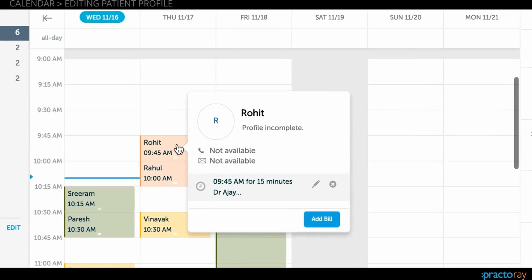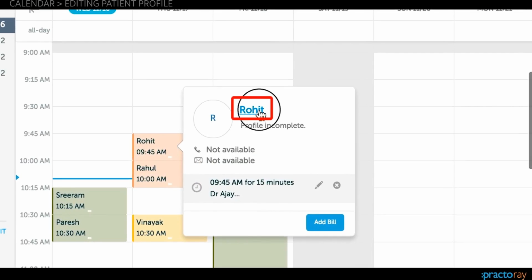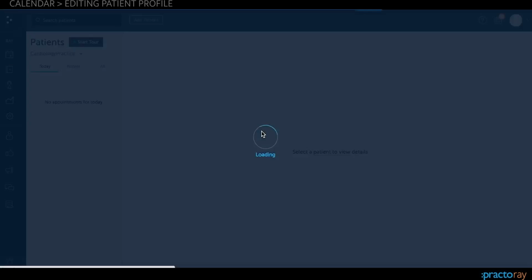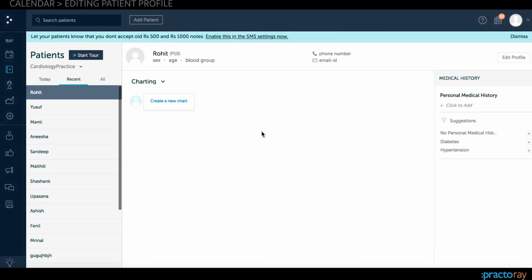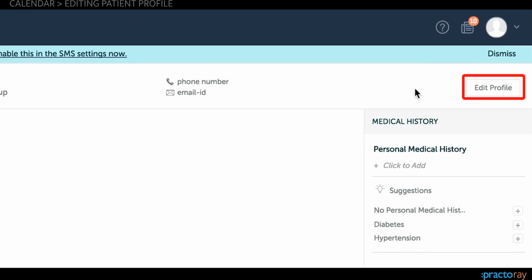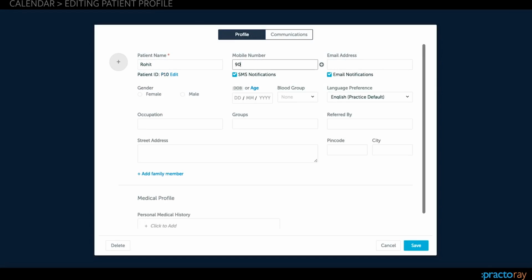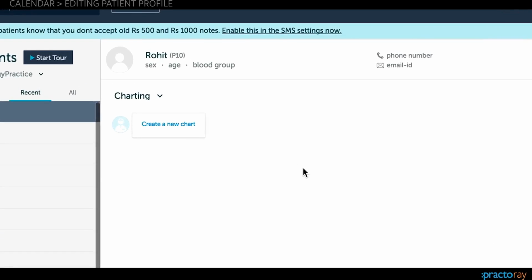Hover over the name of the patient and on the hover card, click on the patient's name. A new window of all the existing information about the patient will open up. Here, you can add any additional details you want either by clicking on the Edit Profile button at the top right corner of the page or by clicking on any of the individual options present on the page such as